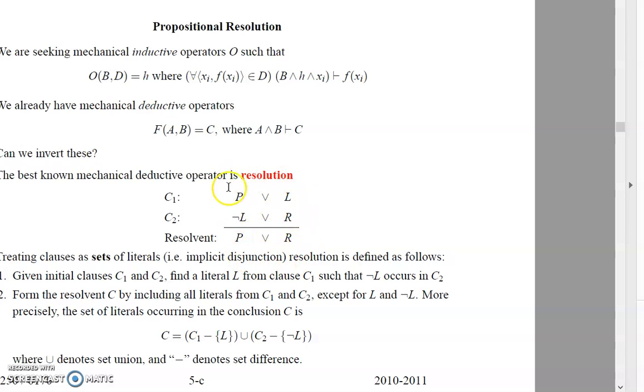Okay, so it's just algebraic. If you look at this algebraically, it is a negation sign, and just adding those things, we will get the resolvent. So C1 minus L union C2 minus of minus L, right? So where union